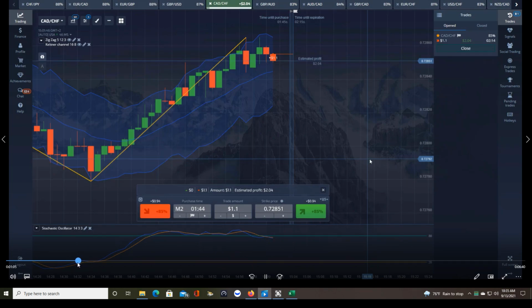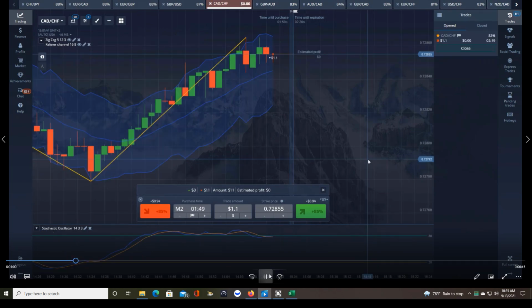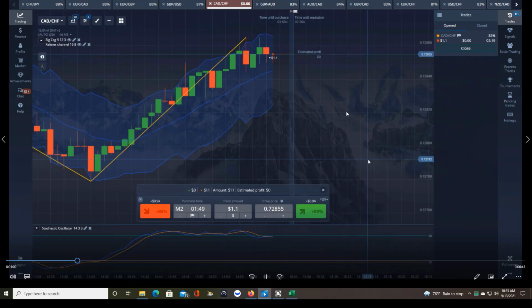So let's take a look at the trades I took. So here's the first trade. I was pretty happy with this, like all the signals and everything, and the entry itself. So I felt like this had a good chance of just being a one and done trade, and that's always the hope. If I can just get the first trade to win, then I can stop trading for the rest